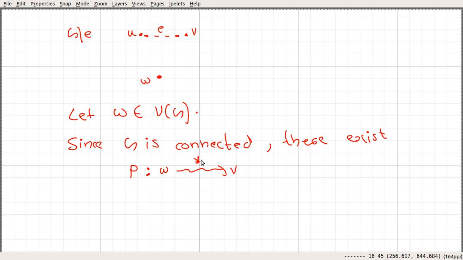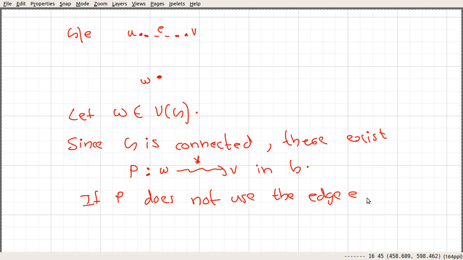We don't know anything about the length, so that is not required here. This is in our original graph G. So if this P does not use the edge E,